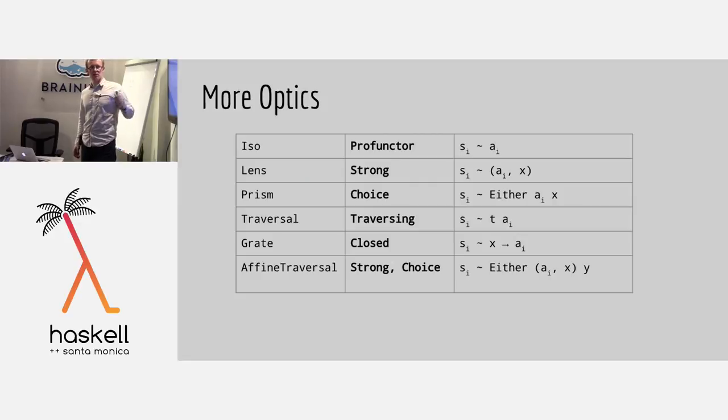Prism says the same thing with the sum. S is isomorphic to a sum. One of the summands has to be A. Traversal says S is isomorphic to a finitary container or traversable container of A's. Grate says that S is isomorphic to a function from some key space X to A, like this thing that I call a comb. And then affine traversal says that S is isomorphic to either a sum of a tuple,